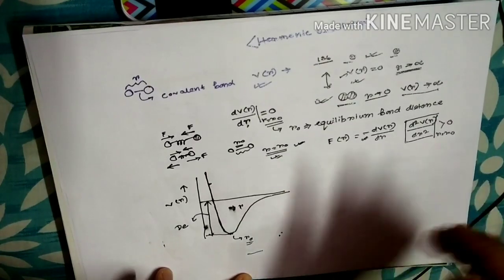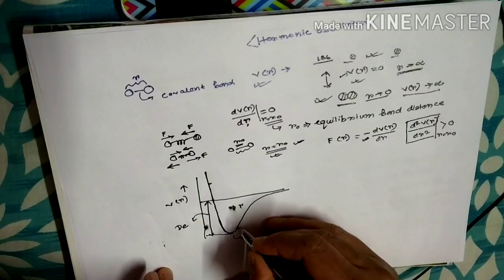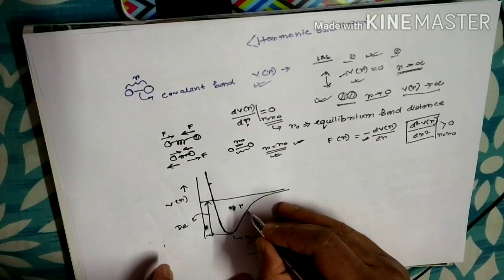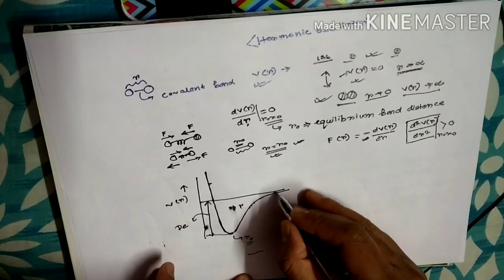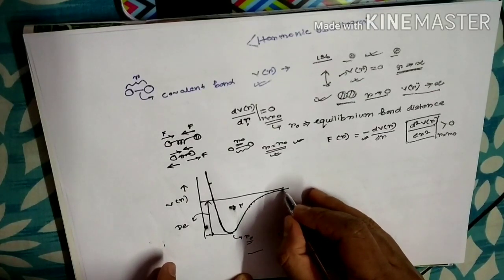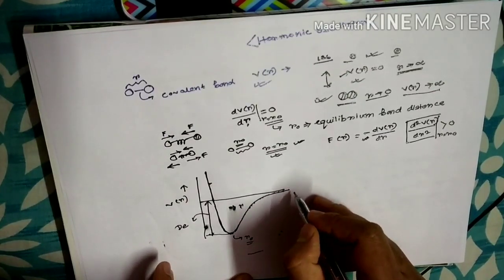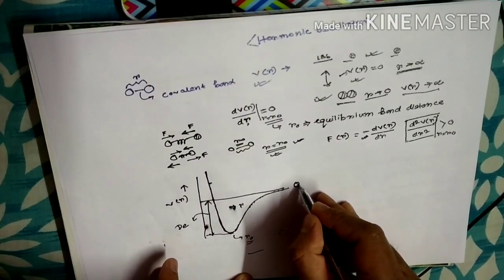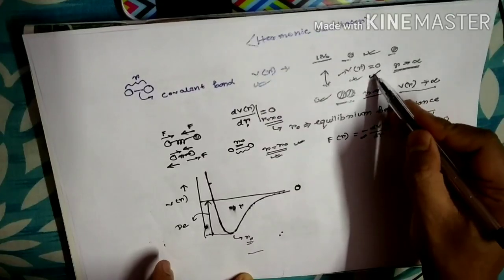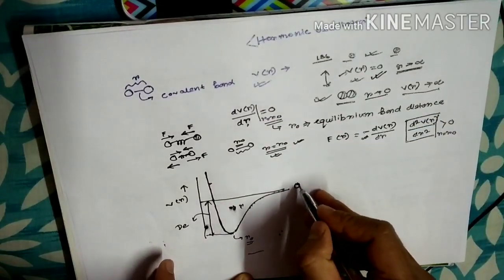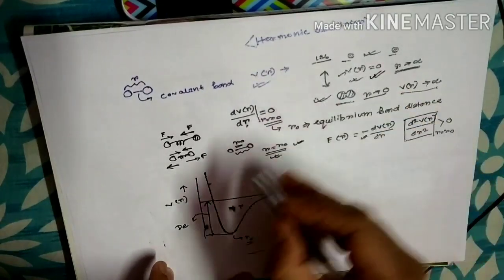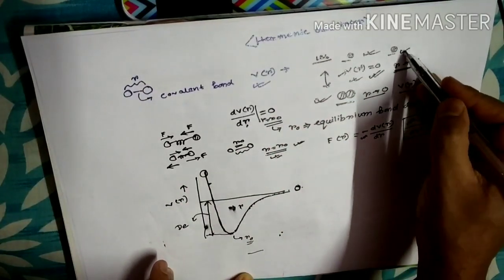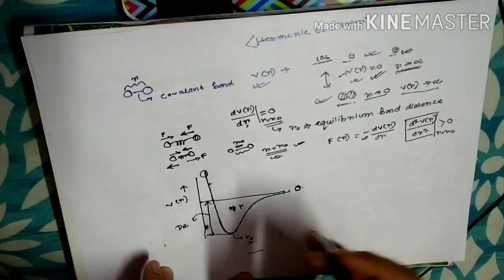After that, if the two atoms are further apart from each other, the potential energy rises, and when the distance between the two atoms is very large, there will be no interaction between them. So at that position, the potential energy will be equal to 0. That is this boundary condition, and this portion is like this boundary condition where the potential energy tends to infinity. So this is the actual system.